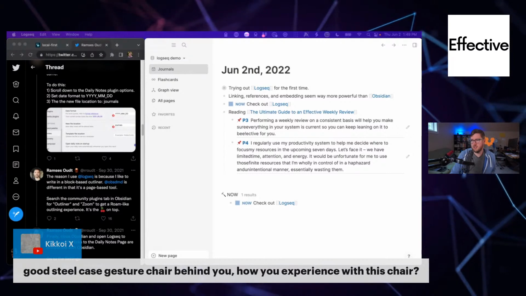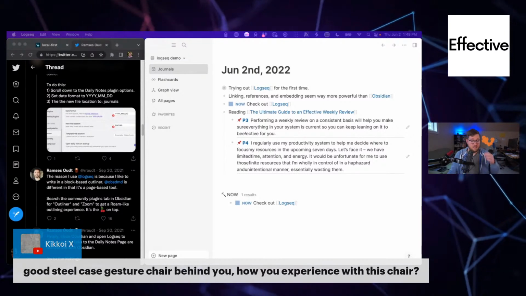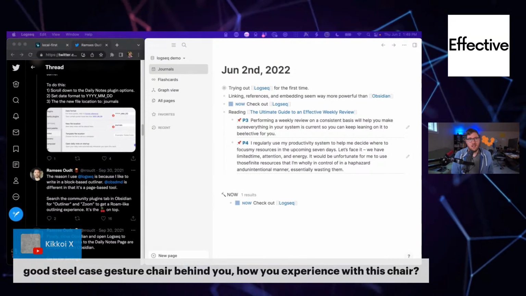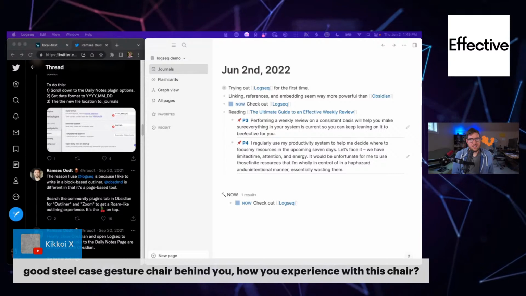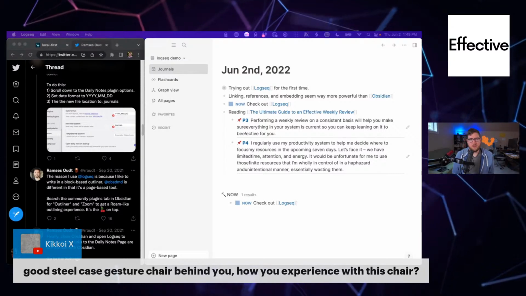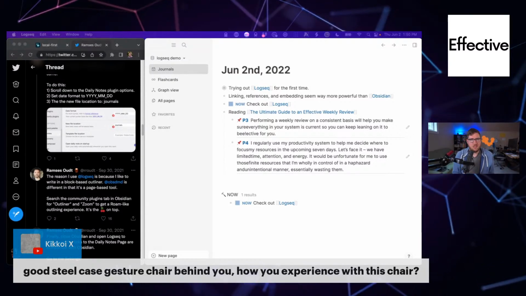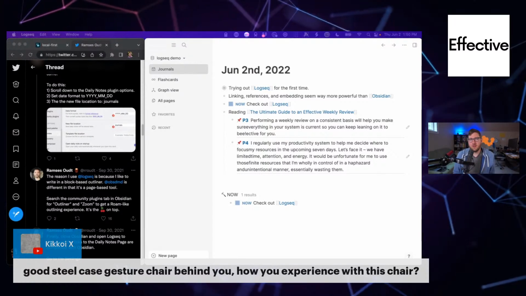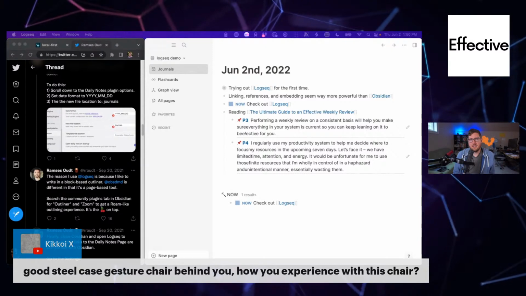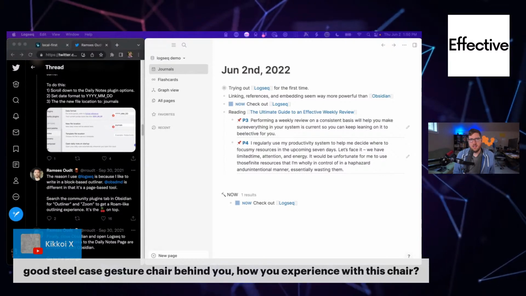Steelcase Gesture behind you. How experienced with this chair? Yeah, I love it. It's actually one of the best chairs I've ever owned. What I think is neat about it is it's comfortable. I'm not a huge person. I'm 6 foot tall, so I'm relatively tall. But it's comfortable.